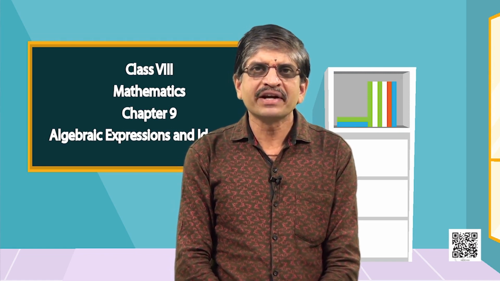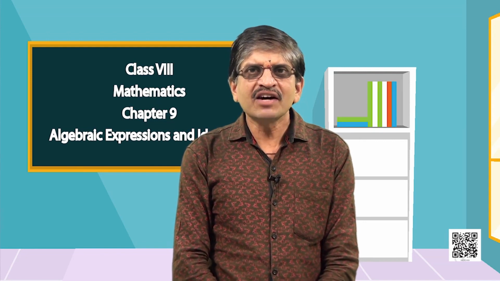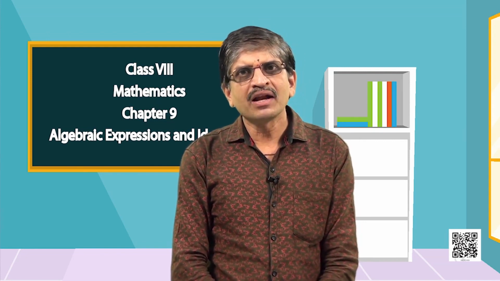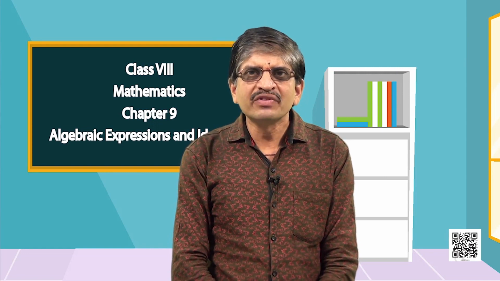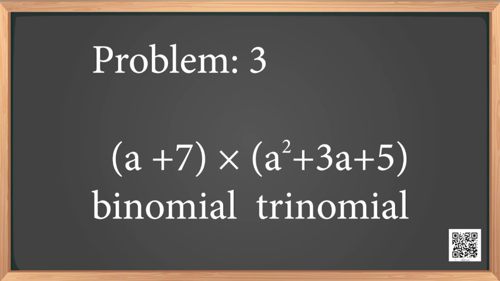Multiplying a binomial by a trinomial. In this multiplication, we multiply each of the 3 terms of the trinomial by each of the 2 terms of the binomial. We shall get in all 3 into 2 is equal to 6 terms. We may reduce to 5 or less terms if the term by term multiplication results in like terms. Let us consider this problem. Problem 3, a plus 7 times a square plus 3a plus 5,